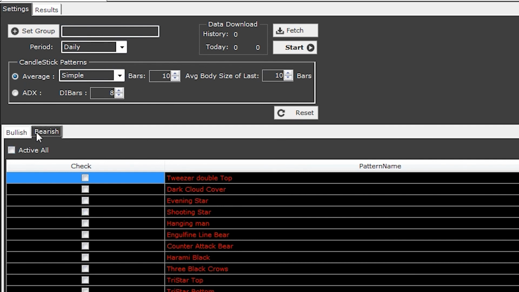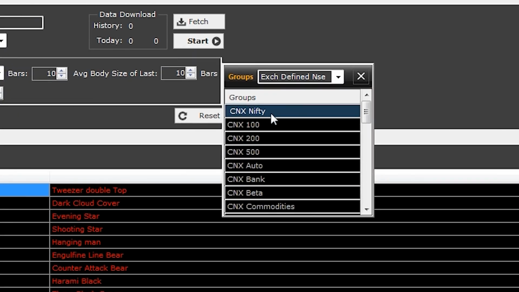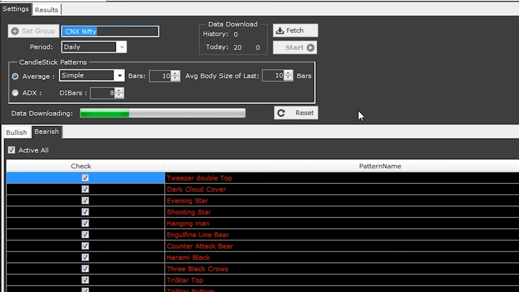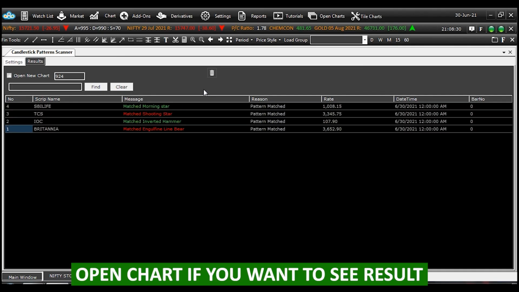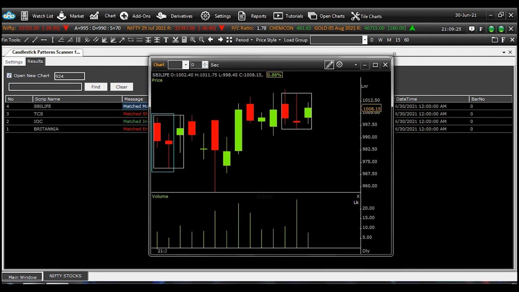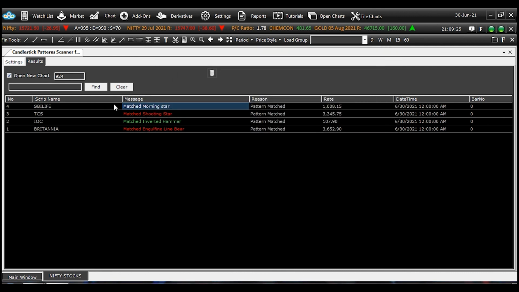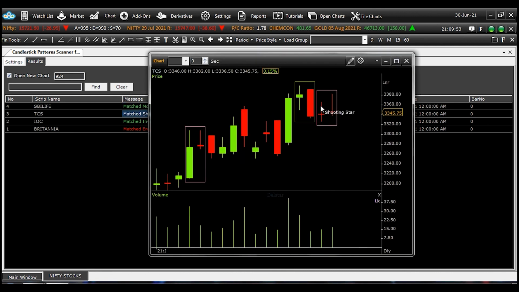I will select all and then select group and let it load and then click start. As you can see, it will show you the patterns formed in the stocks and give you the result. This way, you can check the candlestick pattern formed in the script just by using the candlestick scanner.